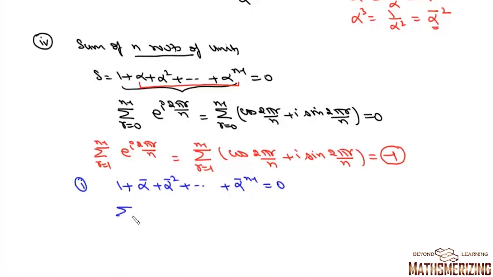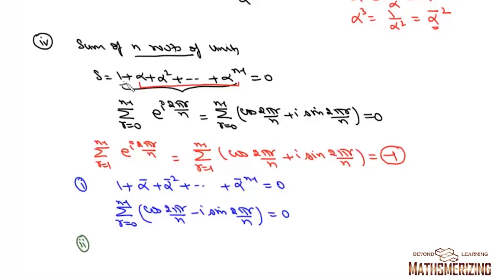That is, this summation r varies from 0 to n minus 1, cos 2 pi r by n minus iota sine 2 pi r by n will also be 0. And the second corollary is,